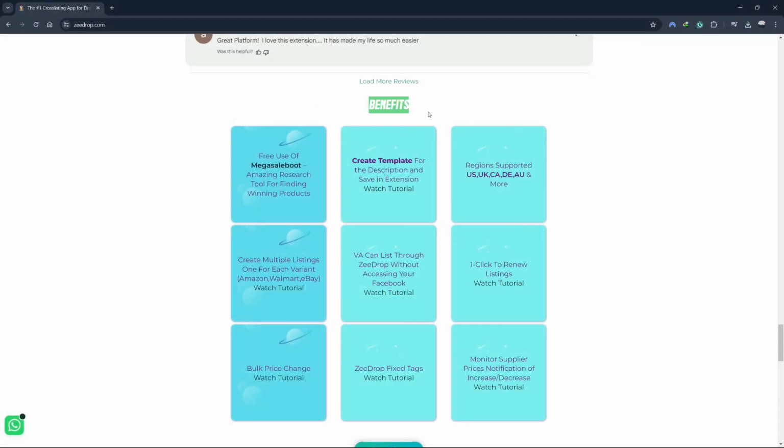Now, let's dive into the robust features of ZeeDrop, an indispensable tool for streamlining eBay and Facebook Marketplace dropshipping. Let's explore how ZeeDrop enhances your dropshipping efficiency and effectiveness. One standout feature of ZeeDrop is its integration with Mega Sale Boot, a powerful research tool for discovering high-potential products. This tool allows dropshippers to conduct detailed market research, identify winning products, and seamlessly import them into ZeeDrop for listing